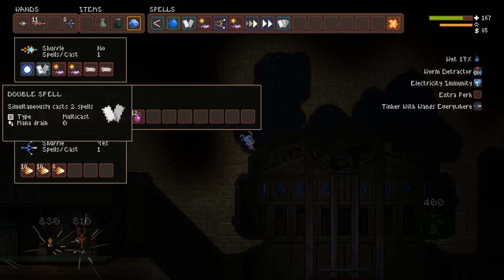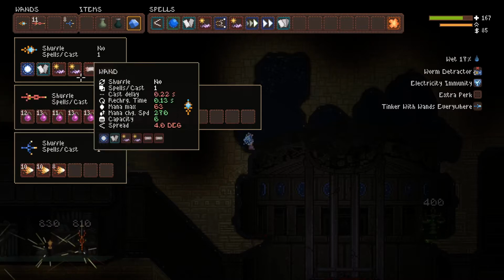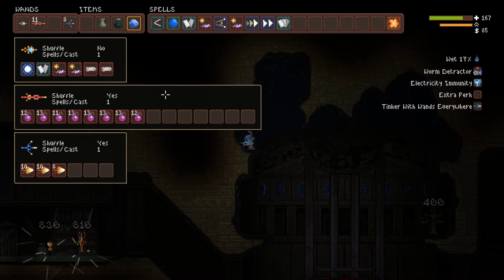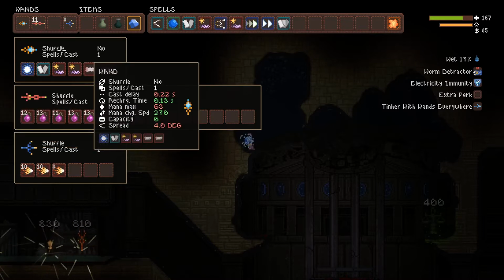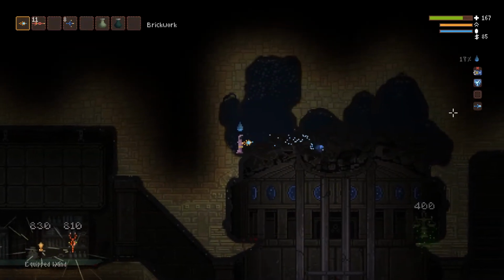Let's start here. So there's a double spell, so it simultaneously casts two spells, which is the Spark Bolt with Trigger and Spark Bolt with Trigger. Now, these are just like the normal Spark Bolts, except they cast another spell upon collision, which means each of these, I believe, is casting one of these chainsaws, which, of course, cut through things and deal a lot of extra damage. You can see each of these is worth 13, and each of these is worth 3. What then happens is it loops back around with the 30 mana, because this is adding to the wand's normal mana, which is 63, and it's allowing us to basically just infinitely...